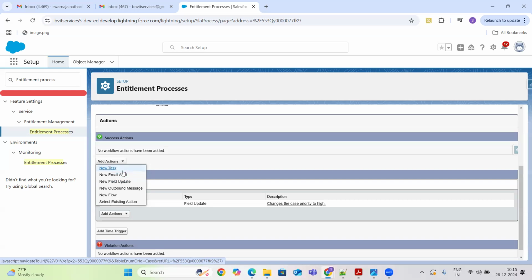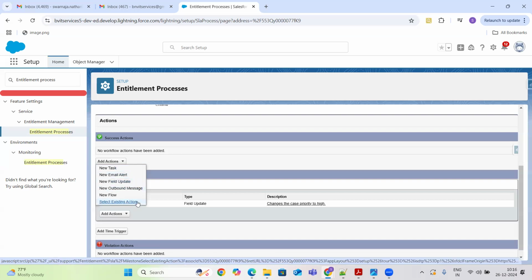And new task is nothing but, whenever this milestone is completed, let's create some task record automatically. Mainly we will use these 3 things: new task, new email alert, new field updates.